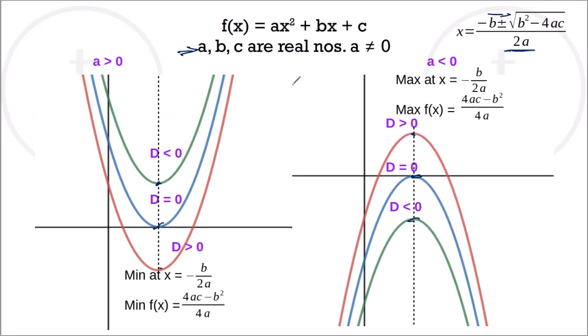If the discriminant is positive, you will have two distinct roots. If the discriminant is exactly 0, you will have repeated roots. And if the discriminant is less than 0, the roots are complex, therefore the curve will not touch the x-axis. So this is the broad idea. Now, the minimum value or the maximum value of the function can be found very easily. It will happen at minus b by 2a. You can prove it using differentiation.